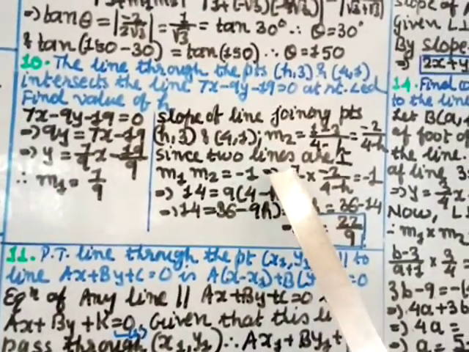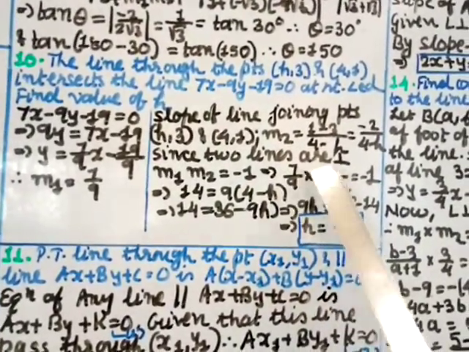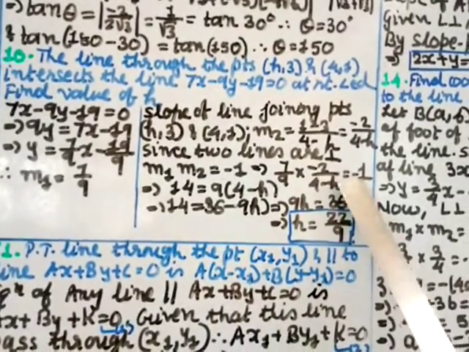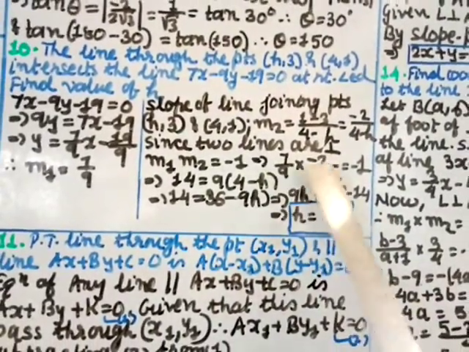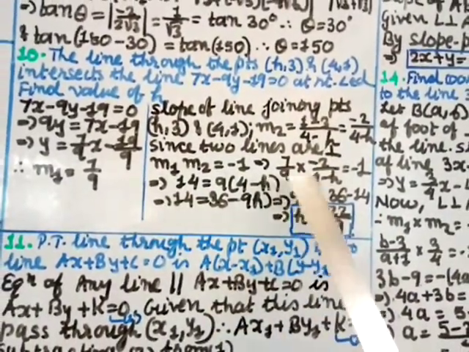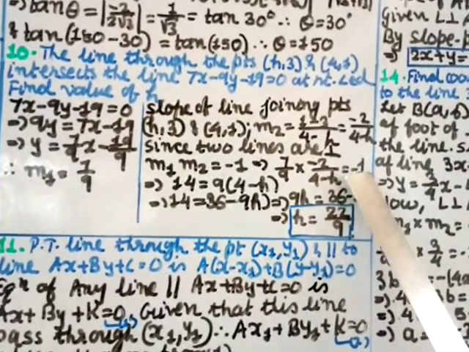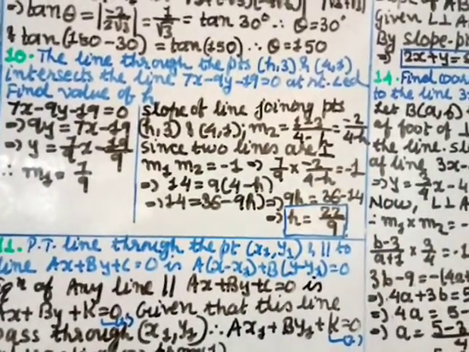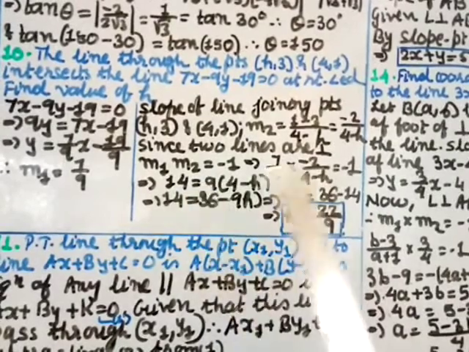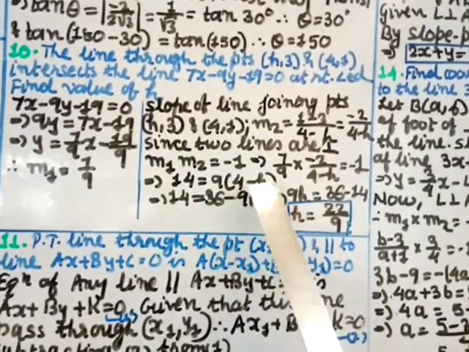So here 7 into minus 2, that is 14. But this minus and this minus, so I am cancelling the minus. So 7 into 2 is 14. This 9 into 4 minus h, transfer over here, multiply with 1. Now this negative is cancelled. So when you go here, 9 will be in the numerator, 9 into 4 minus h.